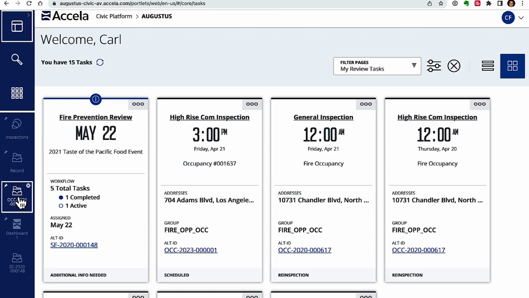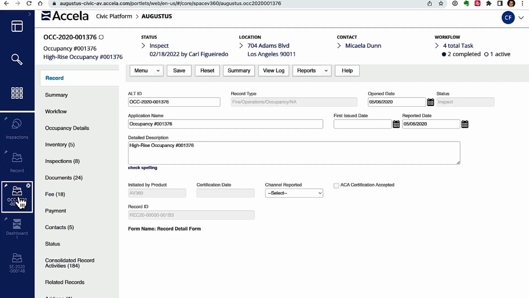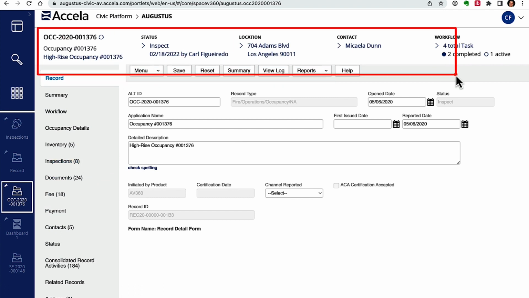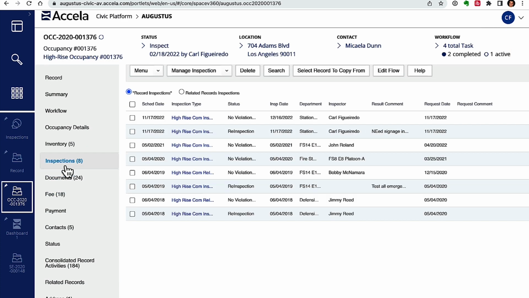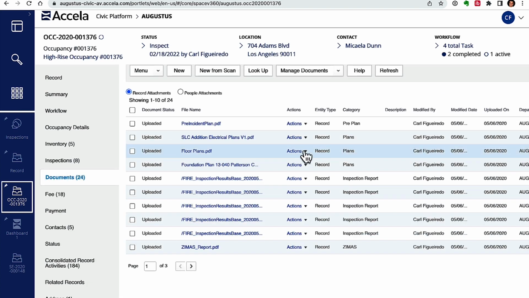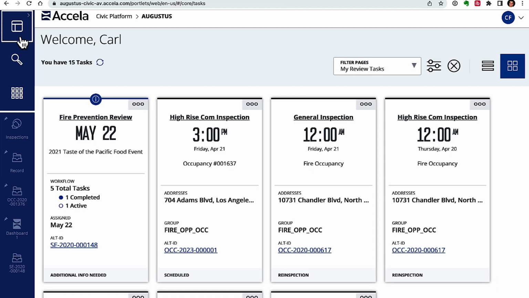So, and then looking at occupancies, right? So we were out in the field inspecting an occupancy previous in our demo here. So I can see all of that same information from the back office. I've got this banner up at the top that gives me all the key information about that occupancy, and then down below, for example, the full inspection history, right? We can see information about inspection history, any documents that have been submitted, and then additionally, the ability to interact